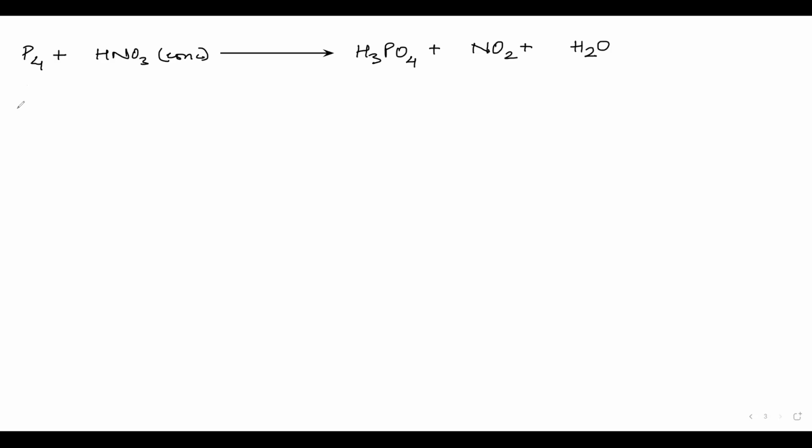See, again, N factor. Here the oxidation state of phosphorus is 0 because it is in its pure form. Phosphorus is not making any other bond, so its oxidation state is 0. Now here the oxidation state is maximum, which is +5. So the change is 5, multiplied by the number of atoms, which is 4, equal to 20. Now if I see nitrogen here, it is in the +5 oxidation state.